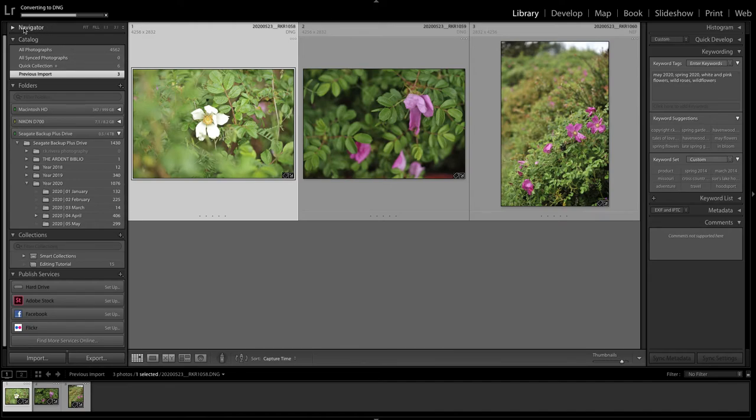So we have the left panel here. You'll see the catalog shows them as the previous import. Here's a quick collection option, all your photos, synced photos from, if you use another software that connects to Lightroom, you'll have this as an option as well. Then I get mostly organized here in my folders. This works for me for just a really fluid and simple process of backing up photos, saving photos, and accessing them. I can usually find my photos pretty quick with just this,